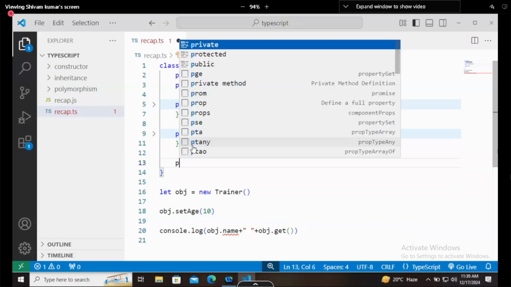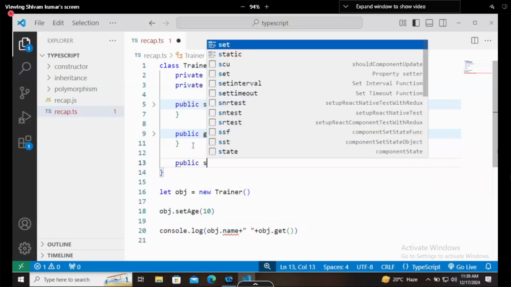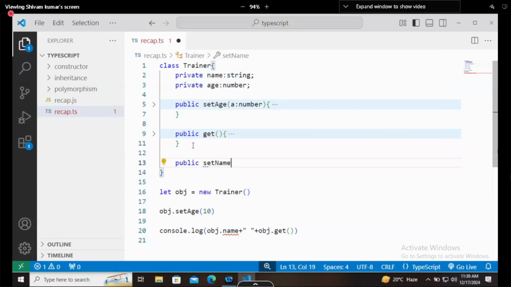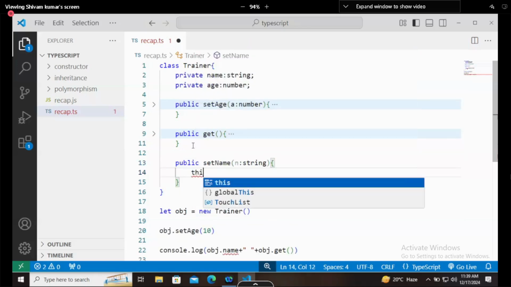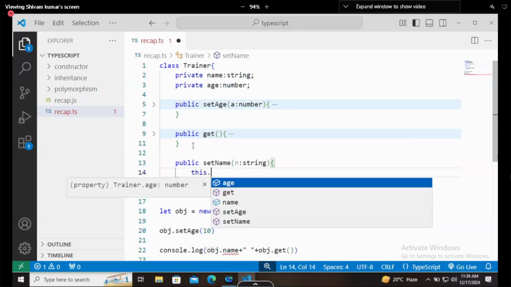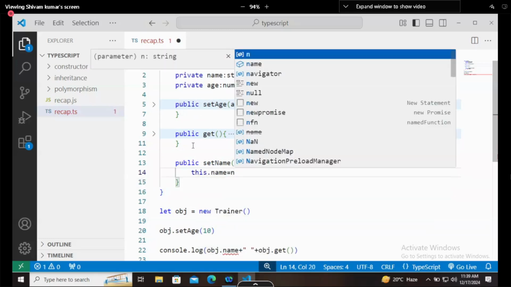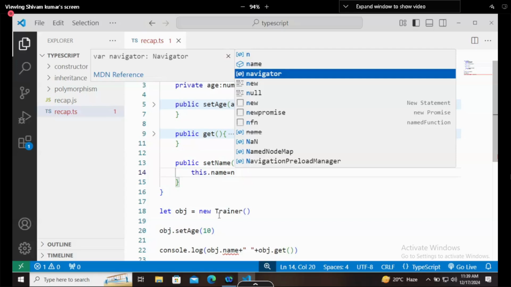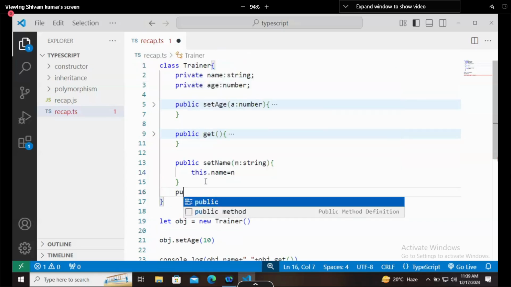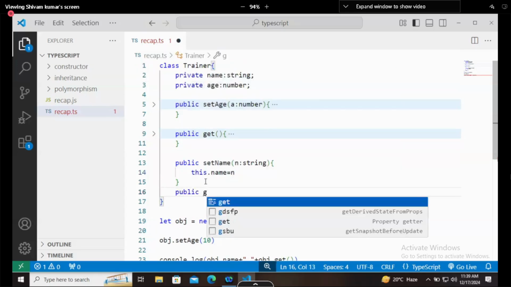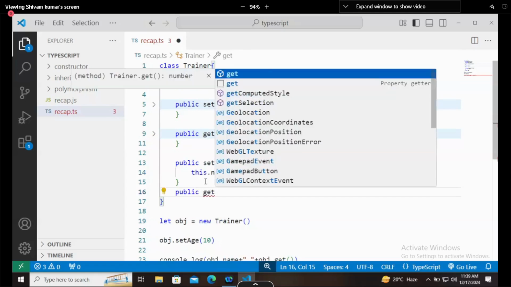So I will say public setName. setName is a function which will accept one value as n, and which will be a string. And what it will do, this.name equals n, it will set that value to name and just get its value. So again it will be a public function, public getName.